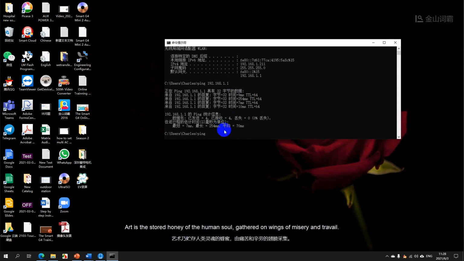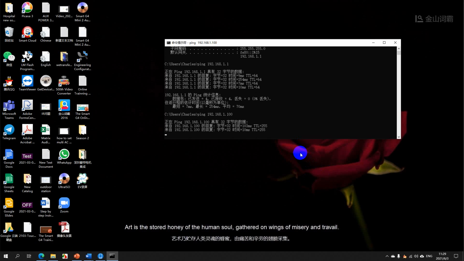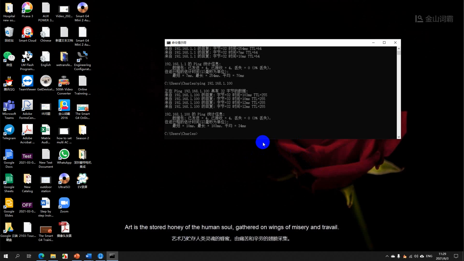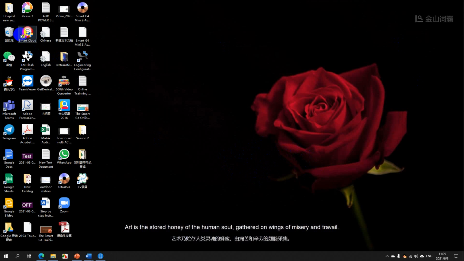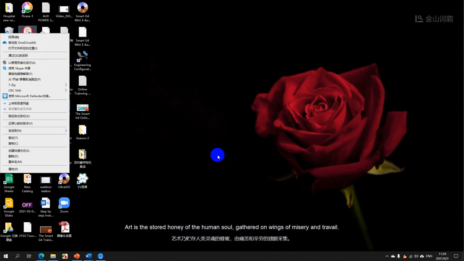And then you can ping the RSIP to see if the connection for the RSIP is good or not. Okay, now through this with the RSIP, you can make sure that your RSIP connection is good. And then we go to the Smart Cloud as a final check. Every time, do remember to run Smart Cloud as an administrator,